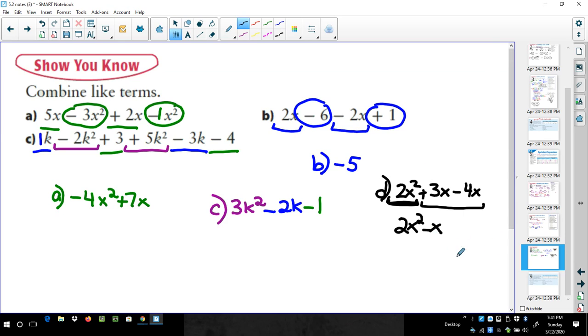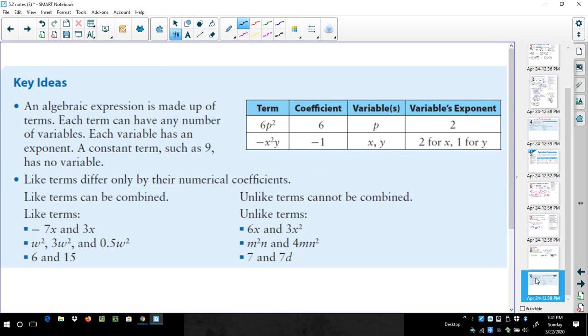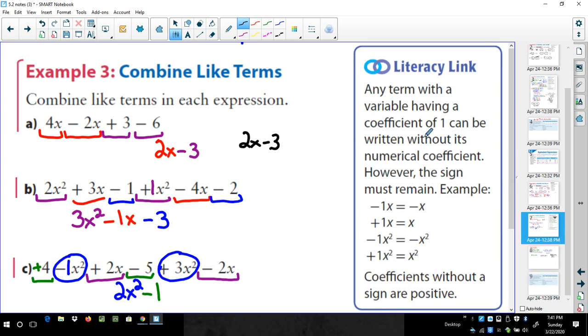Okay, the last page of our notes just takes a look at a summary of the different things that we looked at. One piece I didn't mention was the notes on the side here, and it was just looking at, you don't